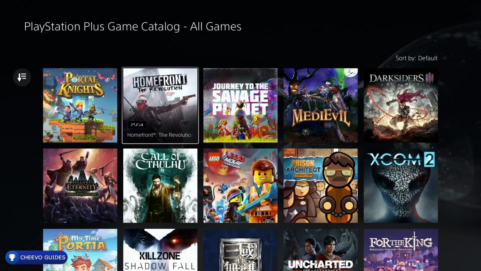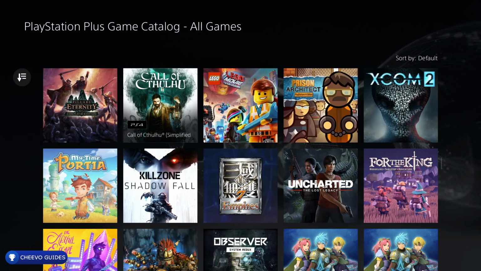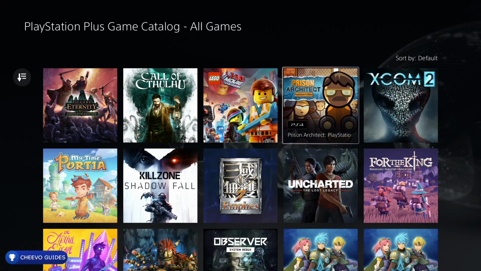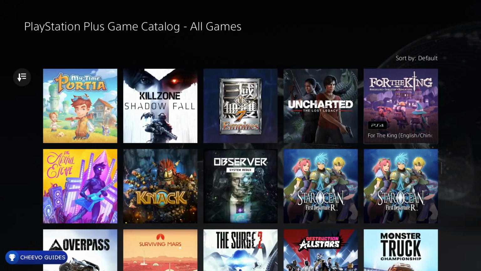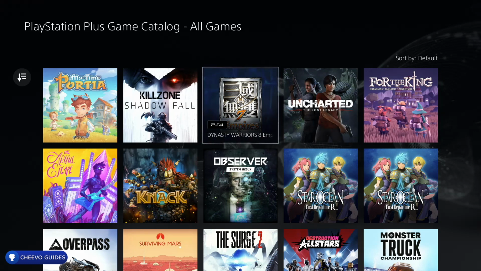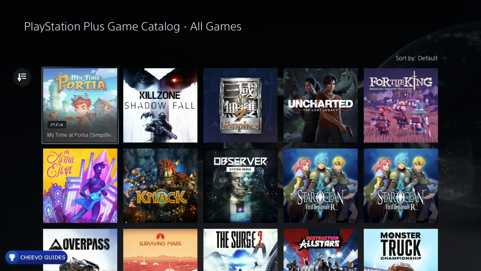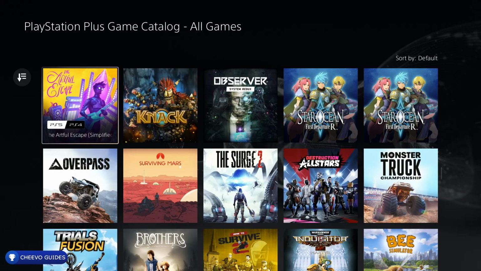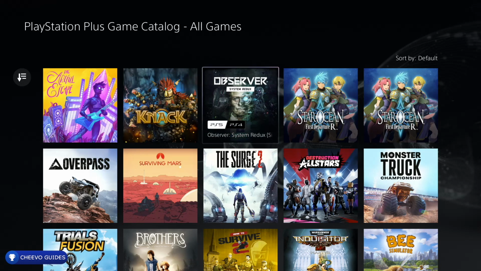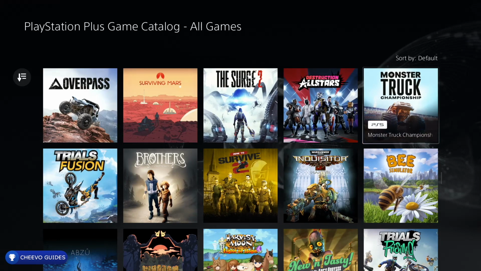Journey to the Savage Planet, Homefront The Revolution, Portal Knights, Pillars of Eternity, Call of Cthulhu, Lego Movie The Video Game, Prison Architect, XCOM 2, For the King, Uncharted The Lost Legacy, Dynasty Warriors Empires 8, Killzone Shadow Fall, My Time at Portia, The Artful Escape, Knack, we're missing Knack 2, Observer System Redux, Star Ocean First Departure, Monster Truck Championship,